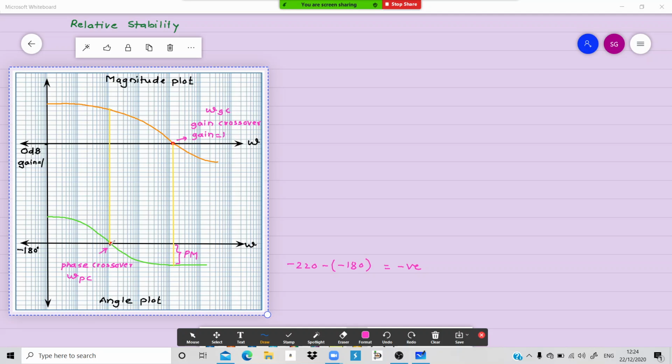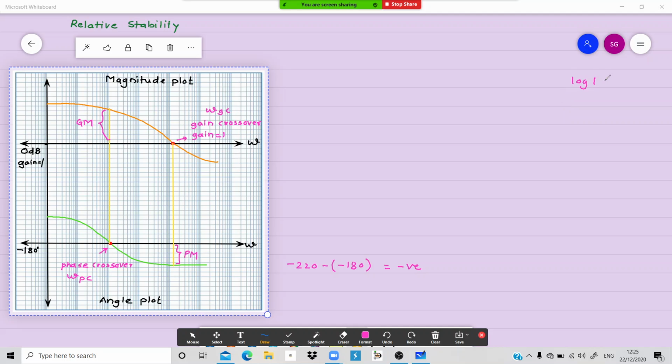On the same line, at omega PC, whatever the gain is on the gain curve or gain graph of the Bode plot, this is the GM. This is gain margin. Very easy, right? Very much clear. It is below 180, that means it is negative. On the same line, at this point, gain is on the higher side, greater than 1. So GM will be less than 1 because it is the inverse of that. And log of something which is less than 1 is always negative. I think you are aware of that.